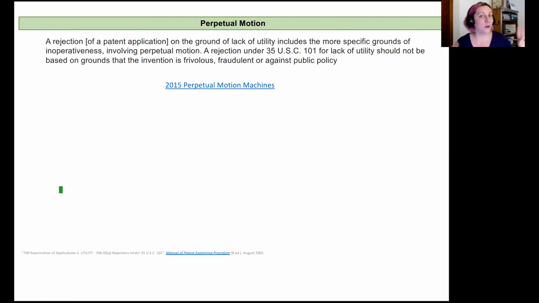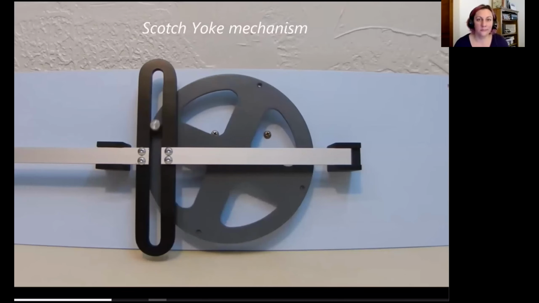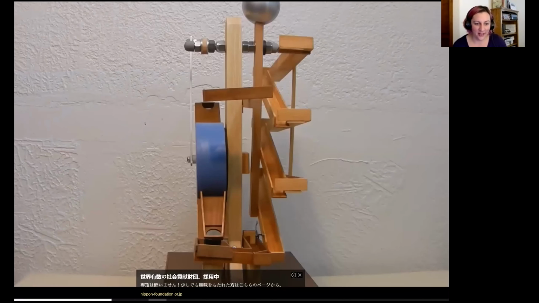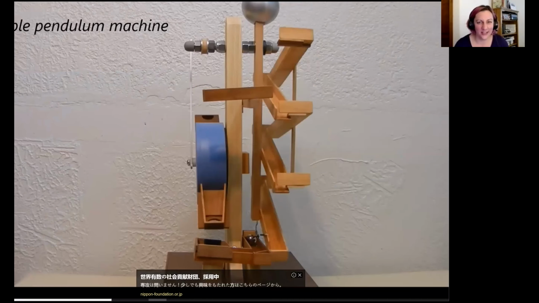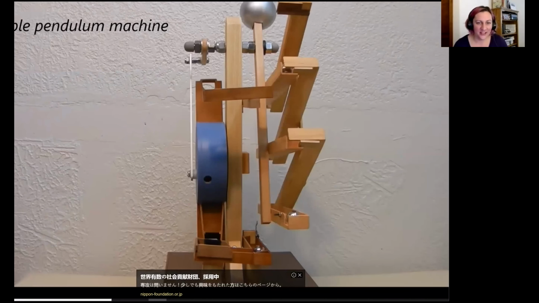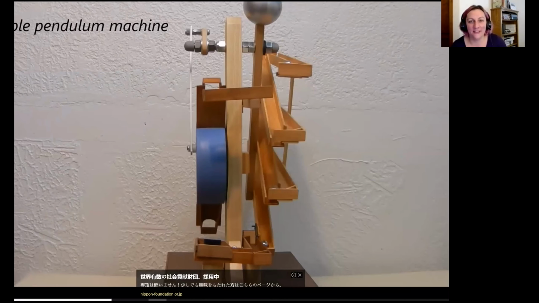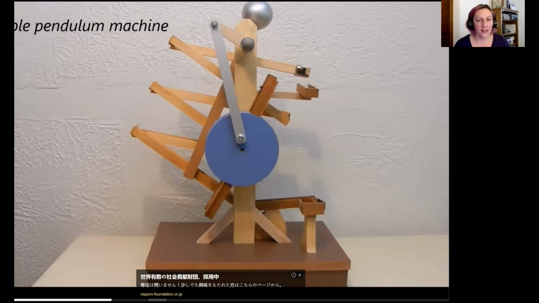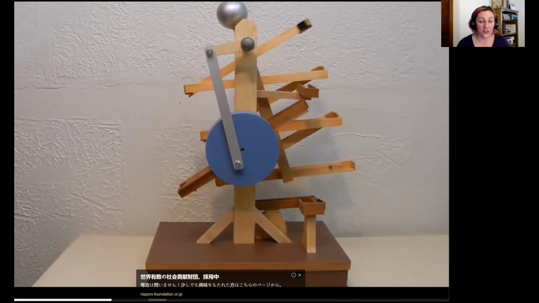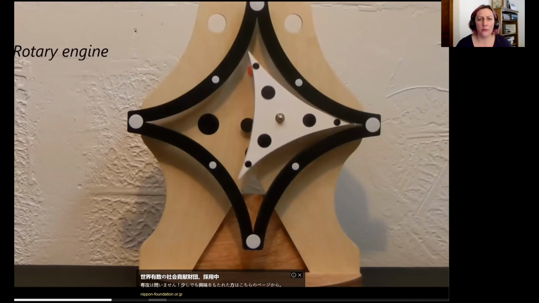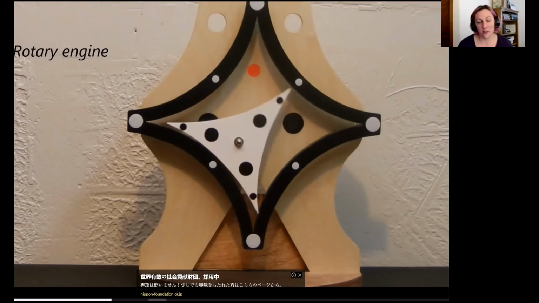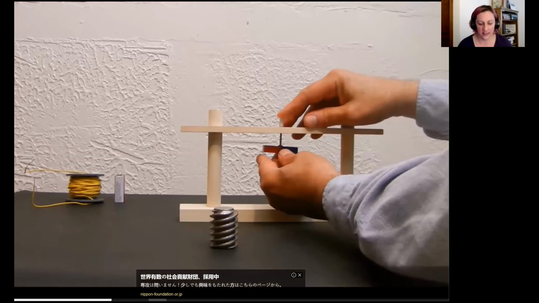So Google or YouTube search perpetual motion machines. There's lots of perpetual motion machines that people like to produce. They're fake ones. Hopefully this video is coming through okay. These are all really fun to see. None of them could ever get a patent, and none of them are actually perpetual motion machines because they will slowly stop over time due to friction and loss of energy into the system. But they're so cool to look at. So I strongly recommend doing a quick search on top 10 perpetual motion machines of any year, and you'll get to see some really cool ones.